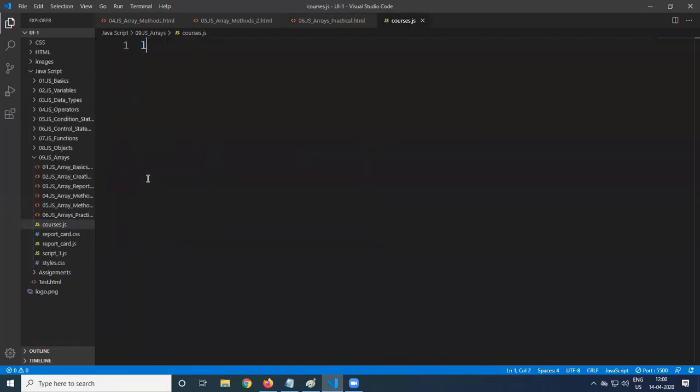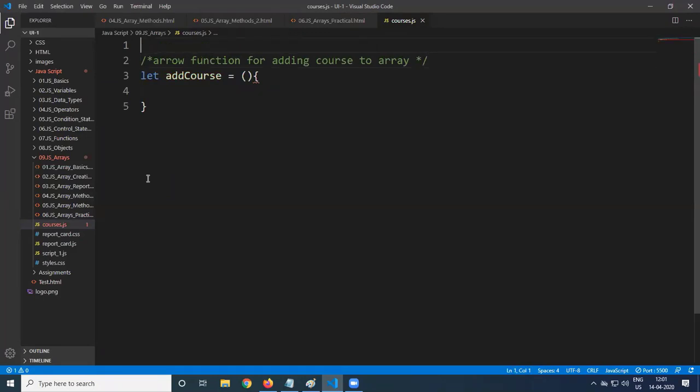So inside this codesus, let variable is equal to this one. So arrow function, so function definition, arrow function for adding codes to the array. So first we want to add the codes into the array. For that particular purpose, we got that add codes. So don't forget to provide that arrow also. So add codes is a function expression.